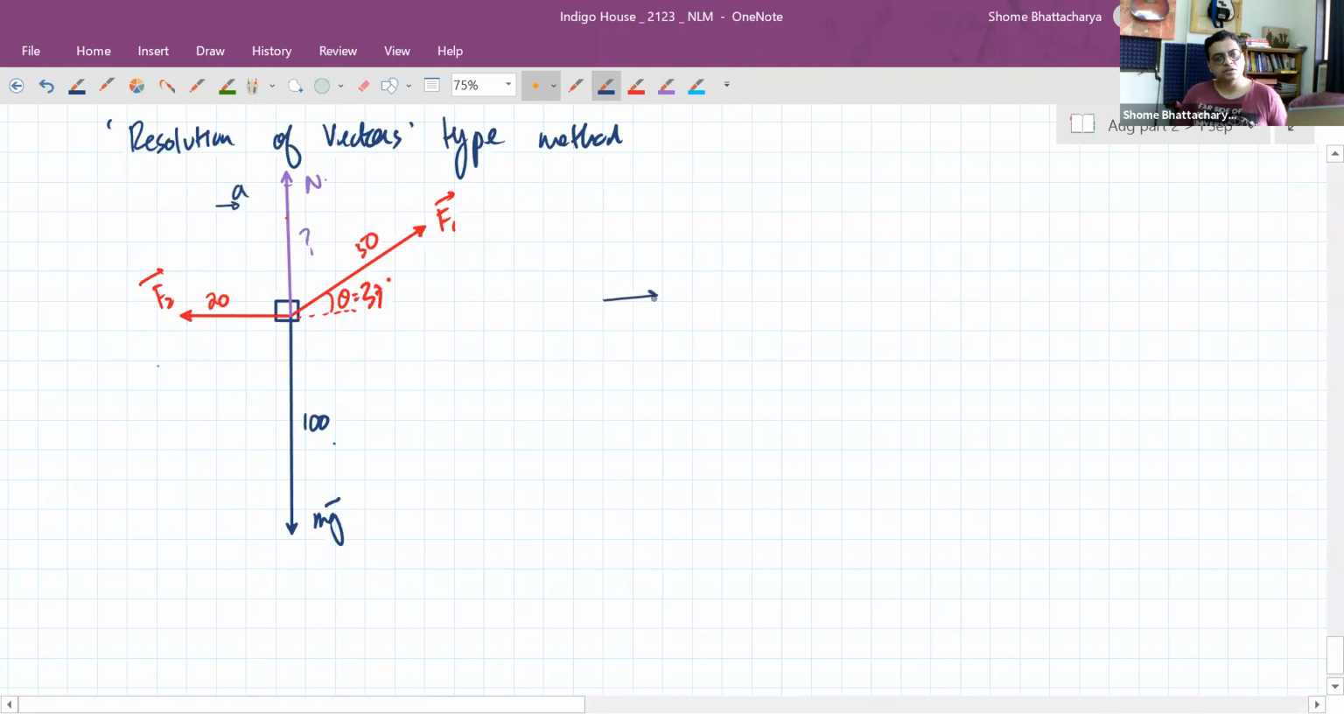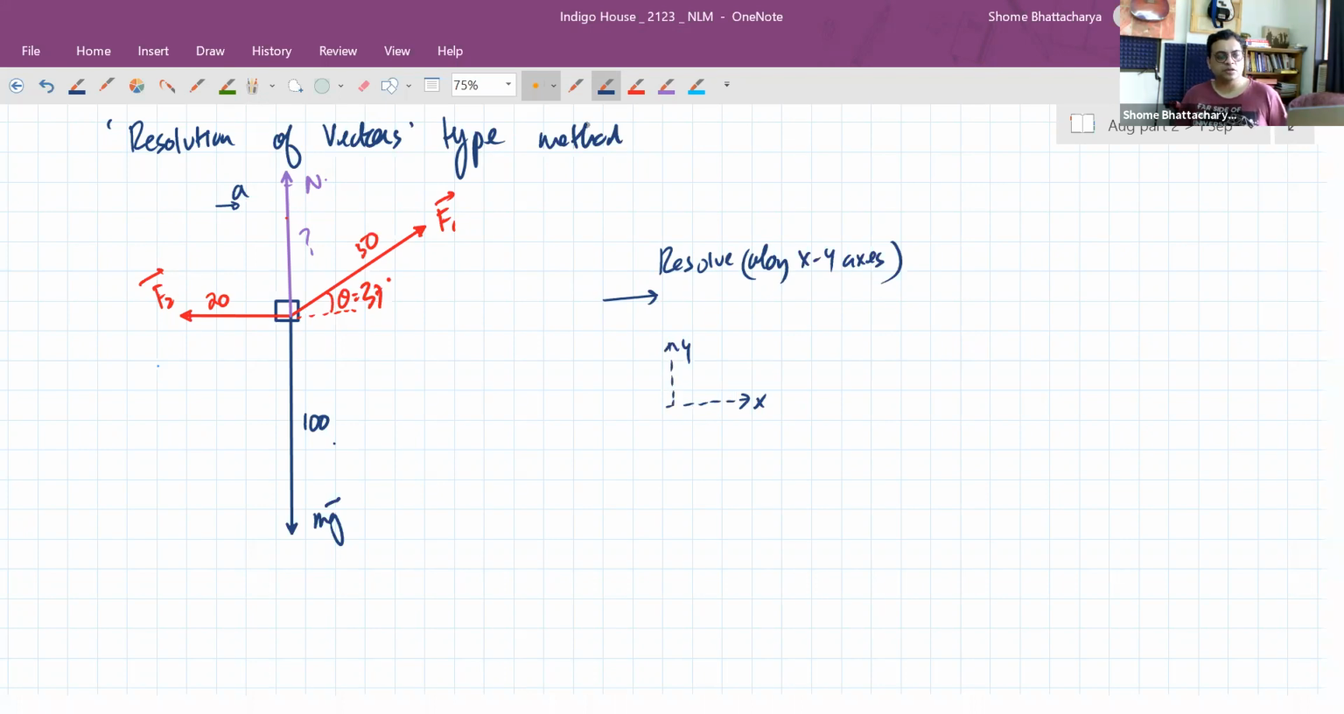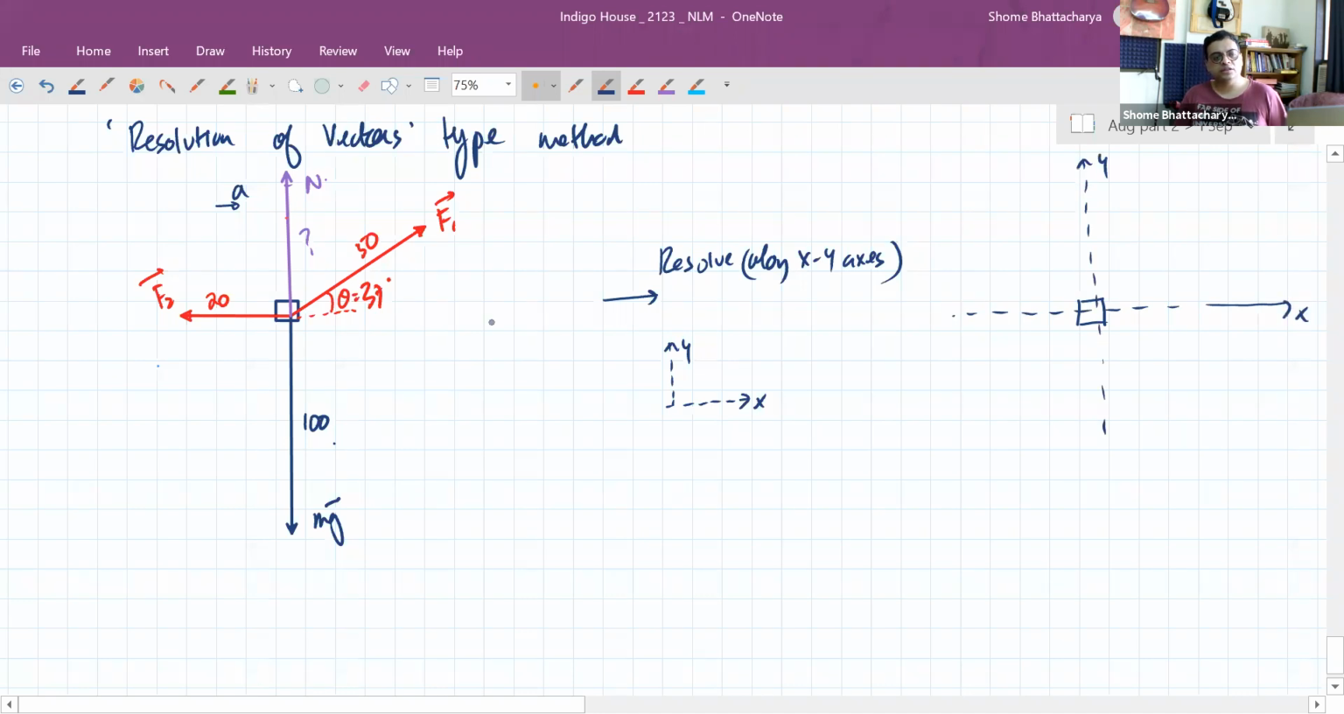So next what I do is I resolve along X and Y axis, taking this as my X axis and this as my Y axis. So when I do that, this diagram gets somewhat converted. This diagram gets converted like this. You see, only one of the forces needs to be resolved here, and that is F1. So F1's components